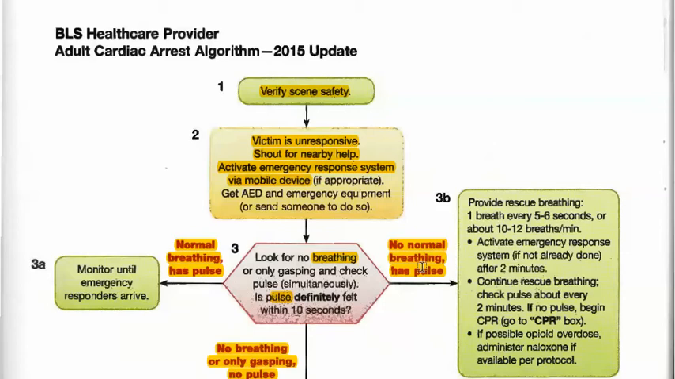But if this victim has no normal breathing but has a pulse, he has a problem with his respiratory system, but no problem with the cardiovascular system. So what will you do? You will provide him rescue breathing. So what is rescue breathing? It is one breath every 5 to 6 seconds. So you will do one breath,